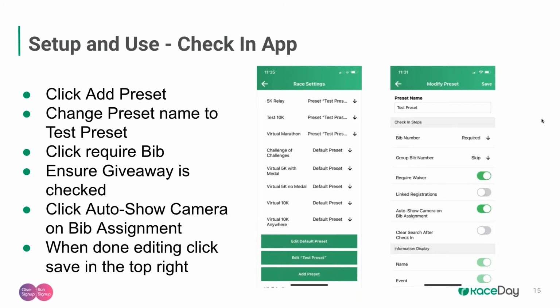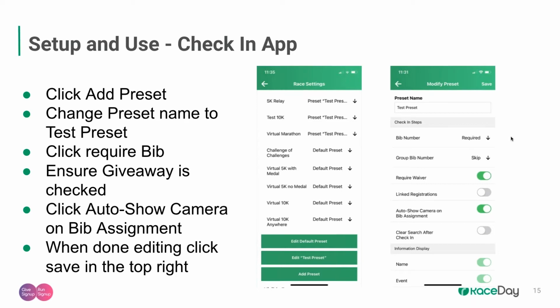And you're like, oh, well, I'm not going to assign bibs to a fun run. I don't care about it. Well, you do, because your fun runners probably get a giveaway item like a t-shirt. And so what happens here is you can set 2 presets. You can have a 5K preset where you require a bib number, and then you can have a fun run preset that you skip the bib number, because maybe every fun runner gets bib number 1 or bib number fun run, something like that. So you can have different presets that you name different things, and